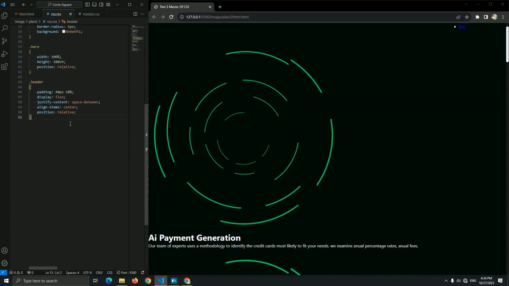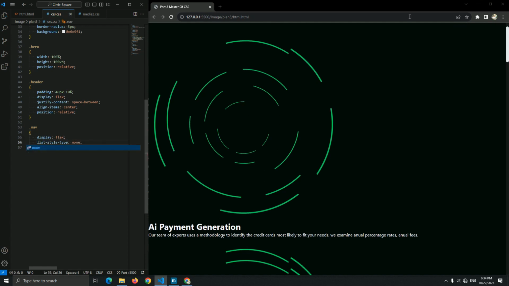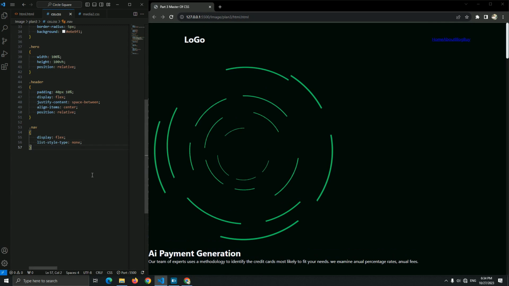Now let me just call the nav to add display flex, and list-style-type none to remove this circle, as you can see. And now let's go to the style of these to add the color and other things. So nav li a, the link.